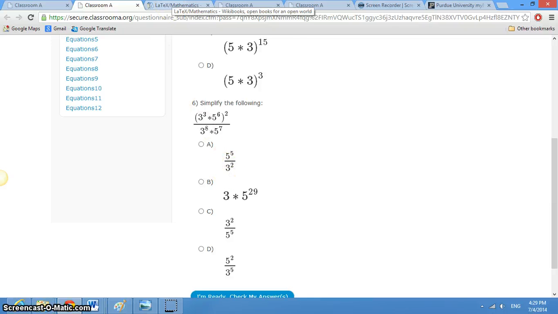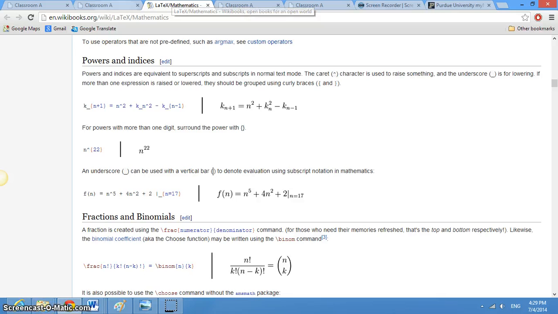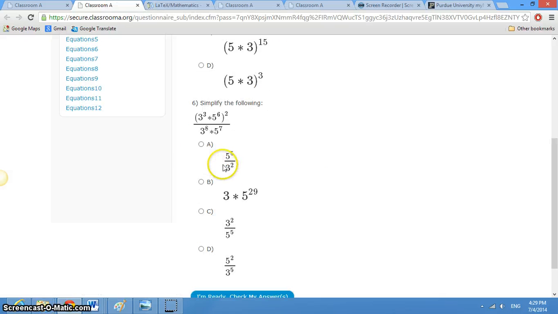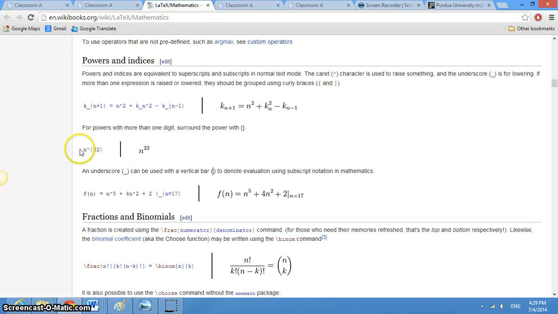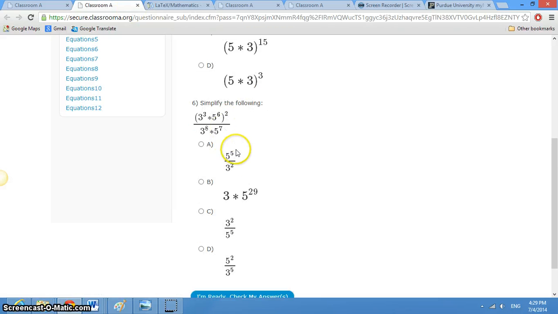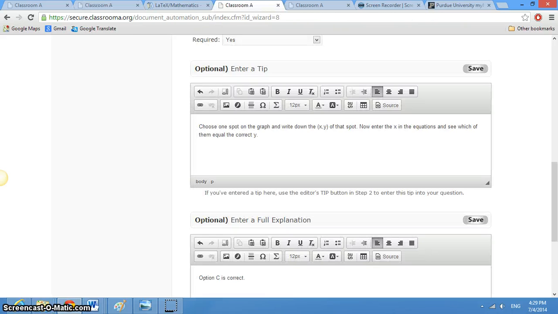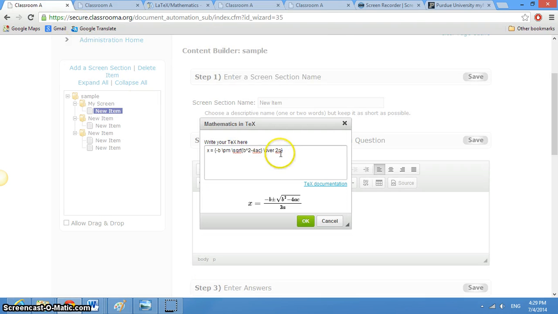What I do is I go in here and I say, okay, first of all, I want to create a fraction, and then I want to create a number with a power up on top. So I look for powers over here, so I have to create something like this, and the result is going to look like this. So if I want 5 and 5, it's going to look like this. I go 5,